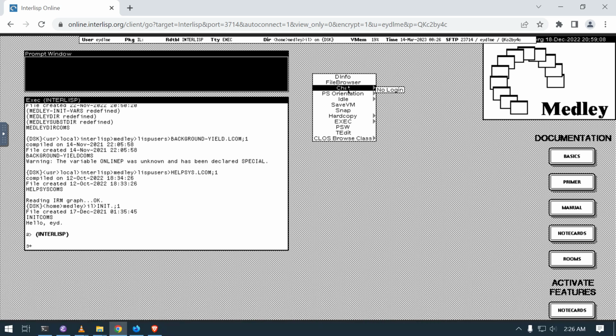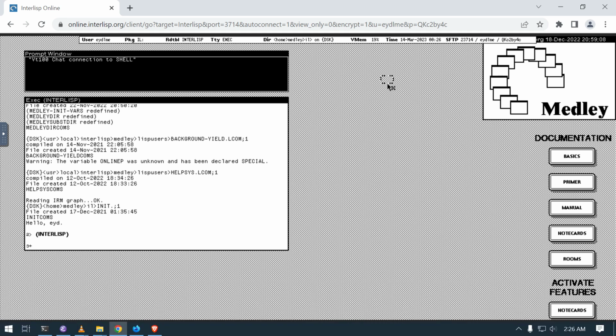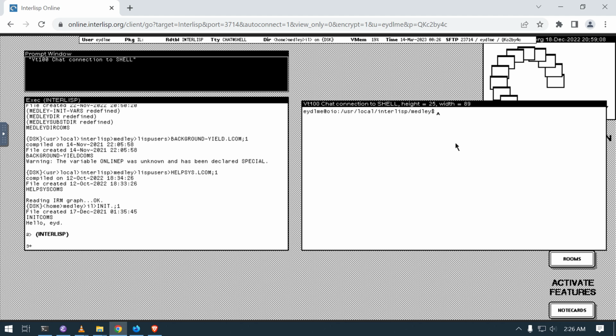Well, in the past I thought this was some kind of hack because it says chat. I thought you're supposed to chat with people, but chat means communicate with the host OS. So when you choose shell, that chat's not to talk to people. That chat's to talk to whatever machine Interlisp is running on, whatever host OS, I guess you could say. So I'm going to cd into my home directory, and then here, there's probably a bash rc, and I want